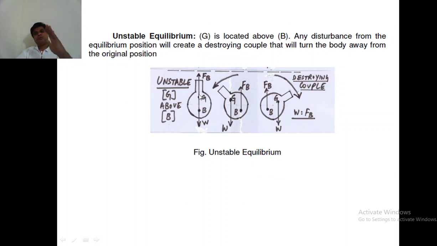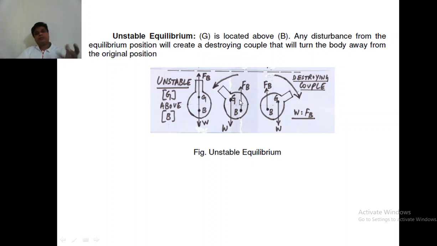So if I try to twist the object on the left-hand side, that is in the anti-clockwise direction, what will happen? G will come this side, B will be coming this side. So the two forces are here now. G is acting downwards, B is acting upwards. So a couple will be formed which rotates in the anti-clockwise direction. The object is also moved in the anti-clockwise direction, and the couple will add up and move the object further in the anti-clockwise direction. So it causes the object to twist inside the fluid.